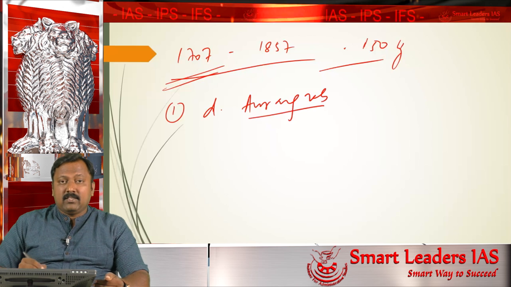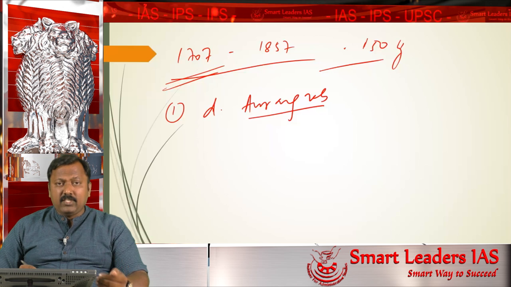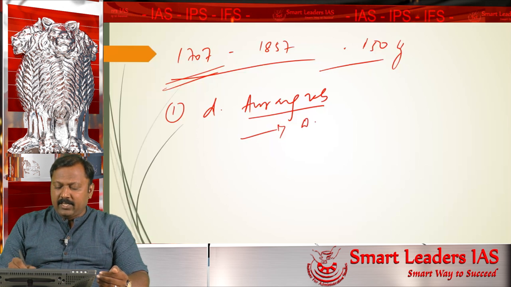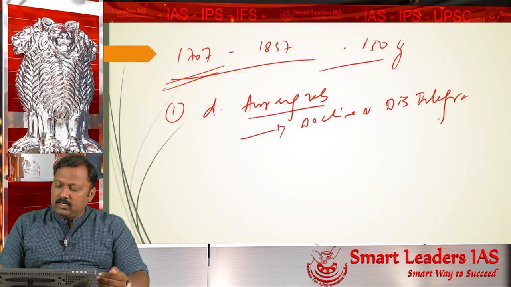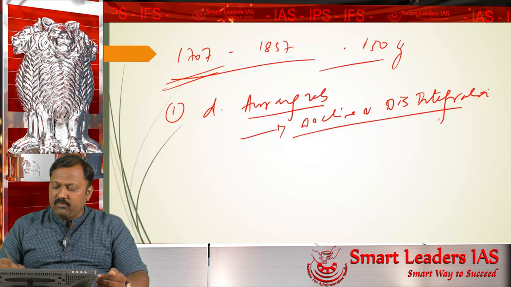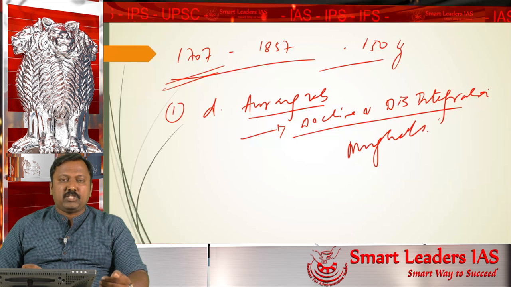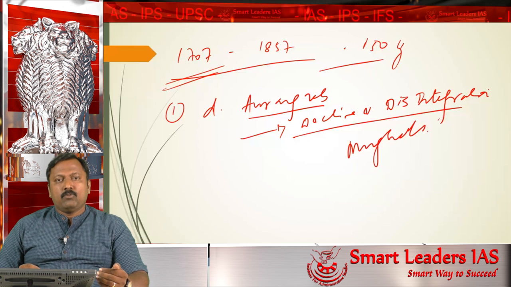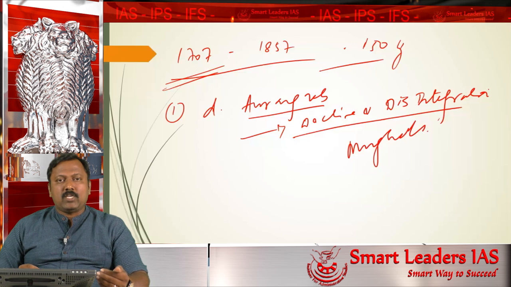Aurangzeb was the great Mughal emperor. He died in the year 1707, and after his death what happens in India is the decline and disintegration of the Mughals. This happened because Aurangzeb was one of the last great rulers of the Mughal Empire, and the rulers who came after him were called the later Mughals.